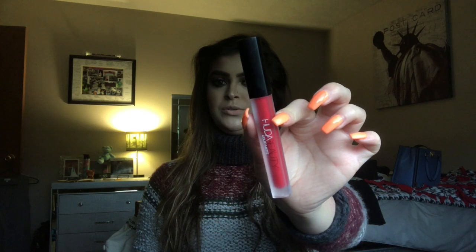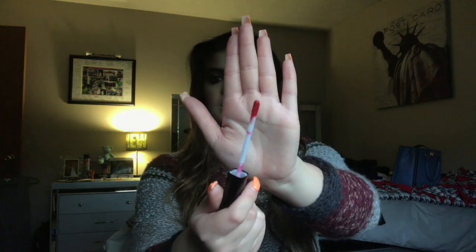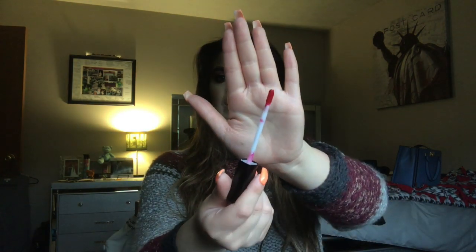This first one I actually got in my Ipsy bag, and this is by Huda Beauty. This is in the shade Heartbreaker. It's more of a berry nude. You can even see on the wand here, it's definitely more of a berry nude. Why am I saying nude? It's a red. It's more of